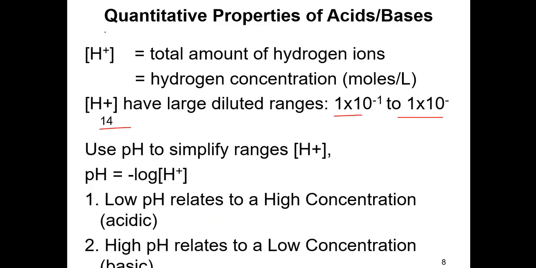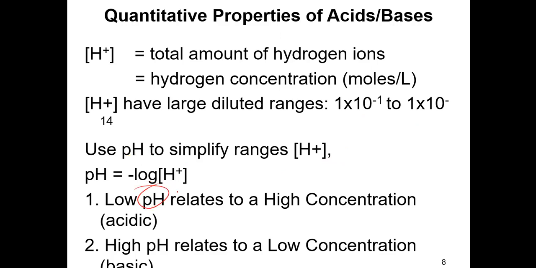Let's go back. Hydronium ions are the total amount of hydrogen ions, and it's in molarity. There's going to be a range from 1 times 10 to the negative 1, although we could technically go to 0, but we tend to stick with negative 1. That's going to be 0.1 to 1 times 10 to the negative 14. I apologize, it should be over here. And if I turn this into decimal form, it would be a nightmare accounting for all those zeros. Using P notation, which is negative log of the molarity for hydrogen ion concentration,